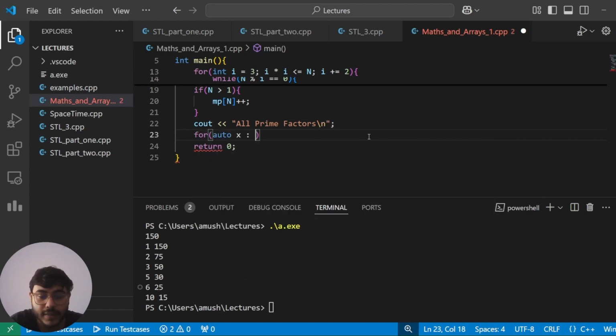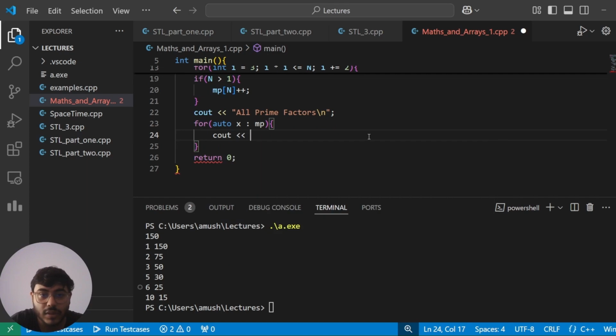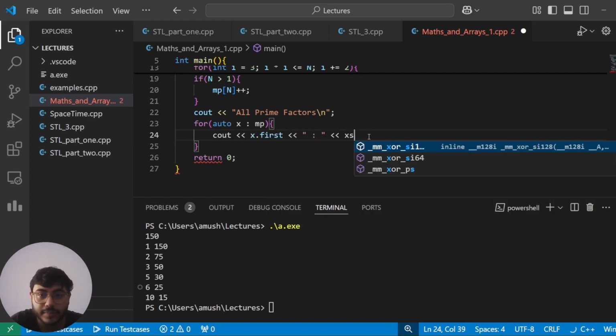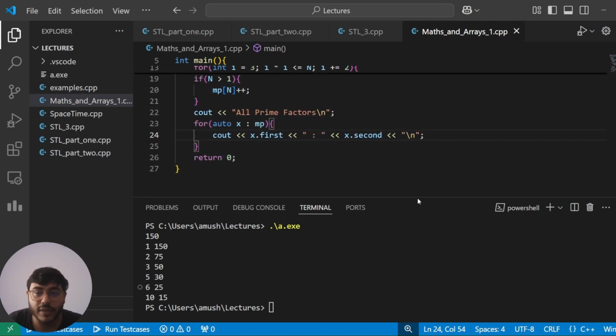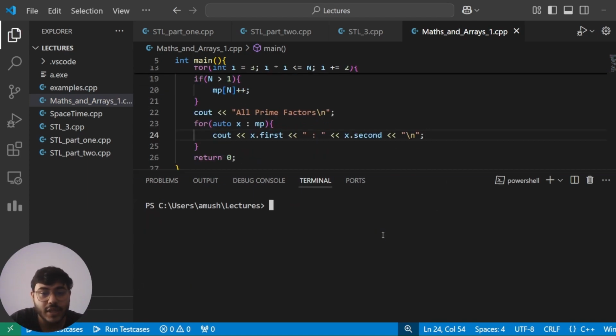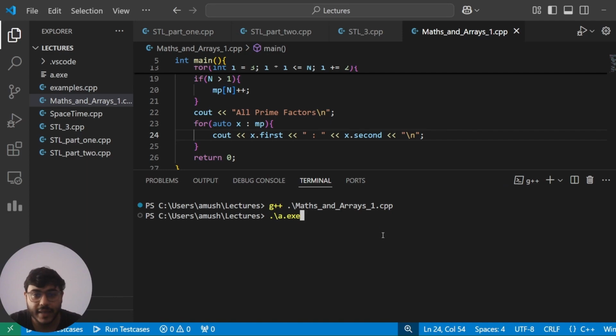ओके, अब क्या करेंगे, अब सी आउट ऑल प्राइम फैक्टर्स, ओके, for auto x : mp, and cout x.first and x.second, okay, slash n। ओके, सो अब हमने सारे प्राइम फैक्टर्स काउंट कर लिए हैं, प्राइम फैक्टराइजेशन कर लिया है। लेट्स ट्राई टू चेक फॉर एनी नंबर।